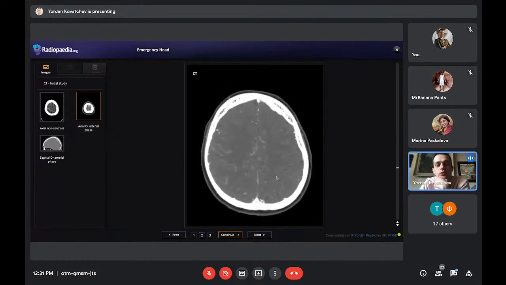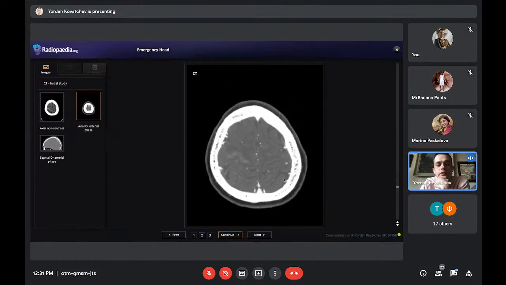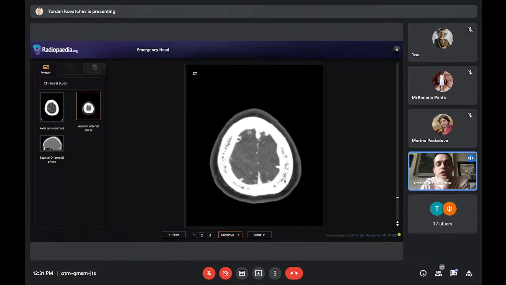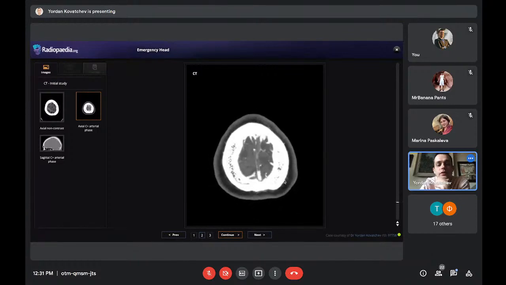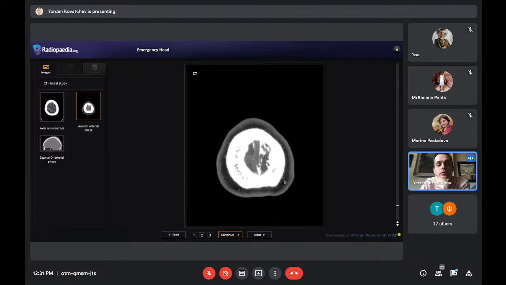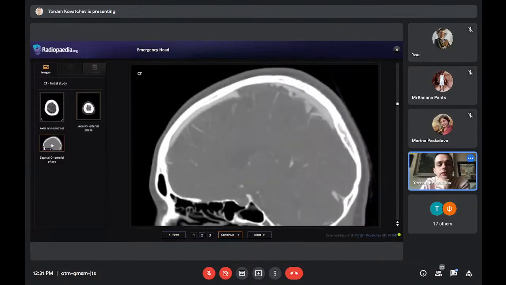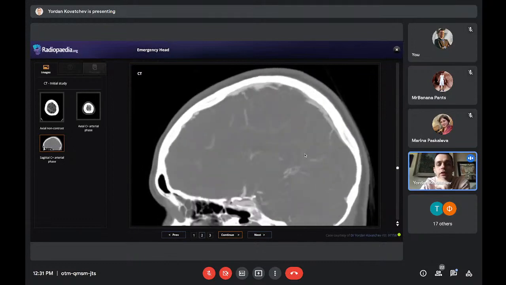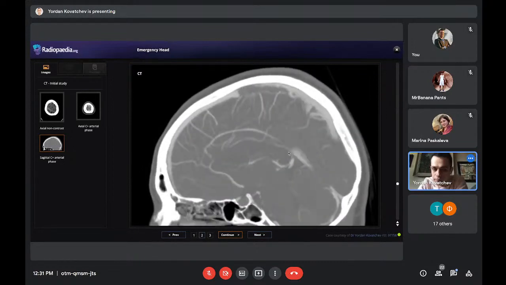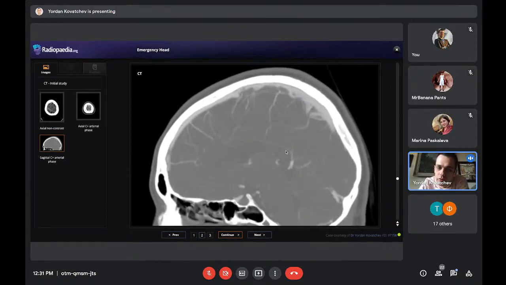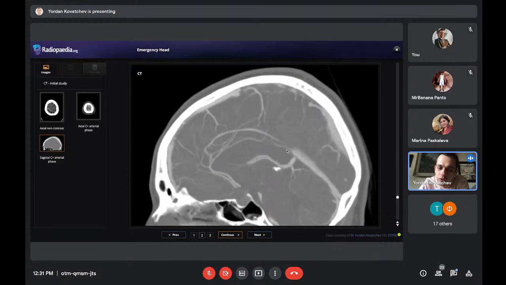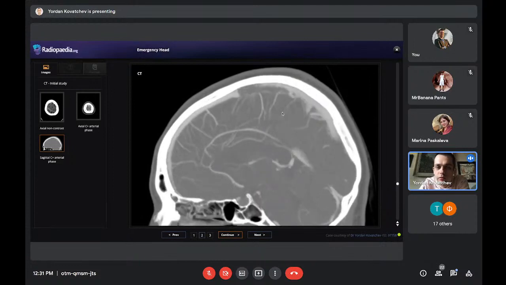And I'll show you the last image, and maybe someone can take an educated guess what the problem is. And I'm telling you, it's not arterial. So this is a big sign. And here you'll see it better. This is sagittal reconstruction. And I did this, and also I did this. It's called maximum intensity projection, where we accentuate the vessels. Basically, we lose a bit of detail, but we look at the vessels better.